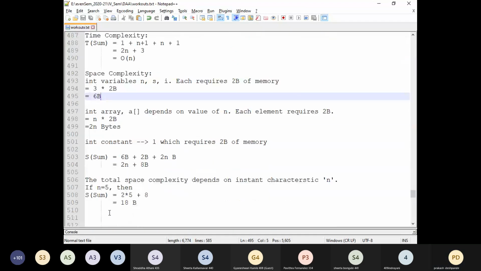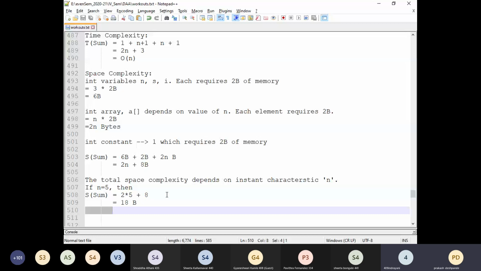So take the remaining part of the third assignment till here. Is that done? Shall I scroll it down further? Yes, sir.